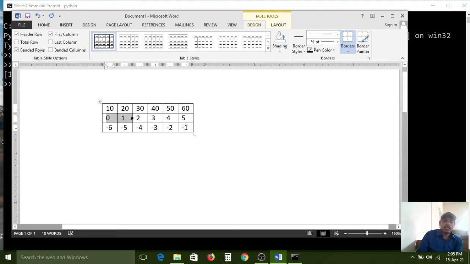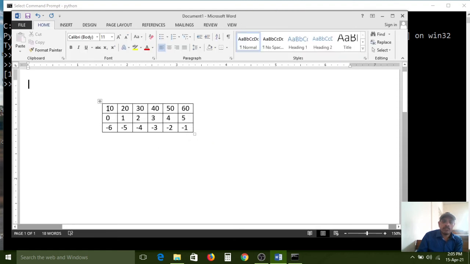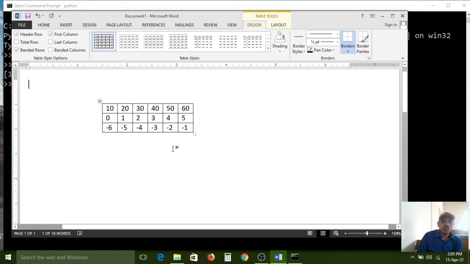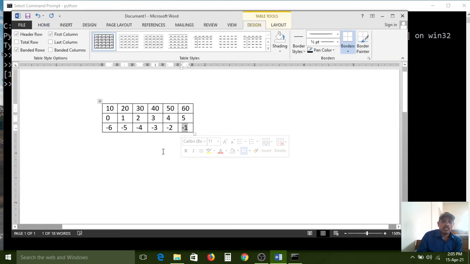The first one is the normal index and the second one is the negative index. The normal index starts from the first element to the last element, starting with 0. But the negative index has also been created by the list, and it starts from the last element. Here the last element is 60, so the last element is indexed by -1. Like that, the second element, third element, are taken in reverse order.